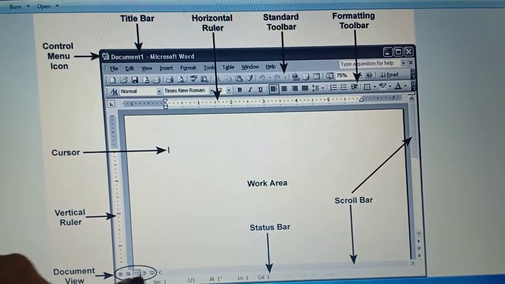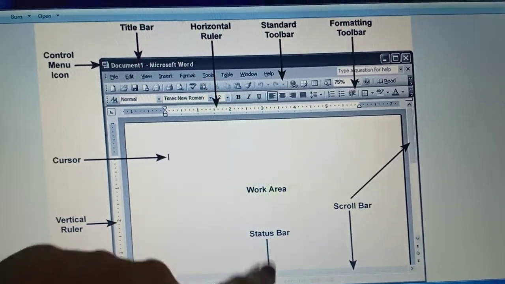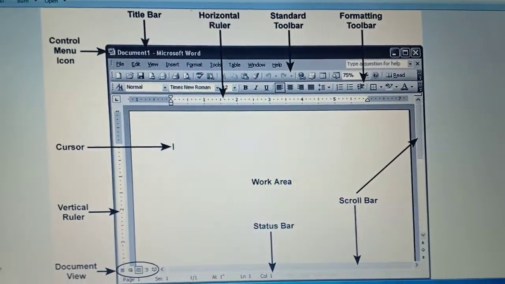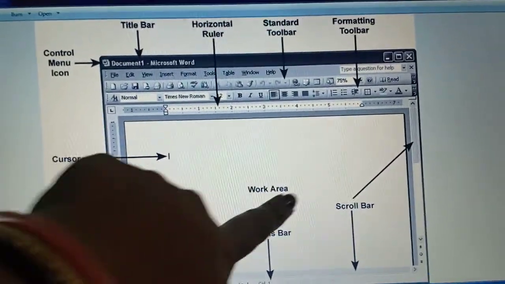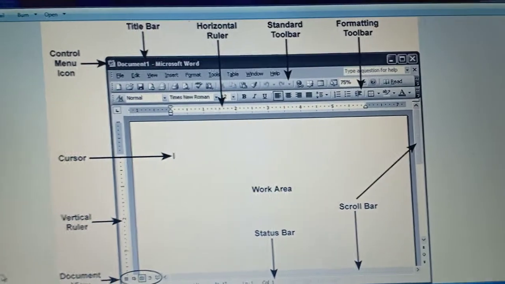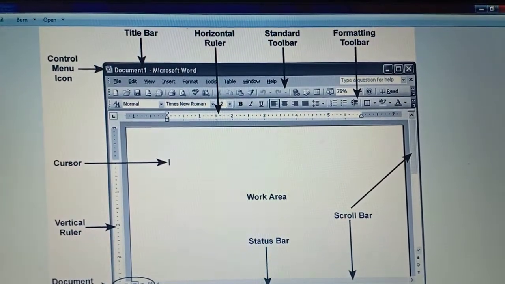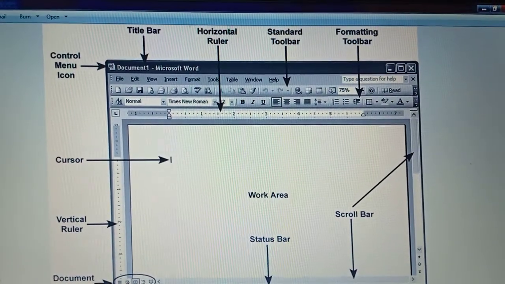Here this one is the document view, the last one is the status bar. These are the scroll bars to move the page up and down, right or left. And the middle one, this one is the work area or the document area. So these are the different components of the Microsoft Word window.